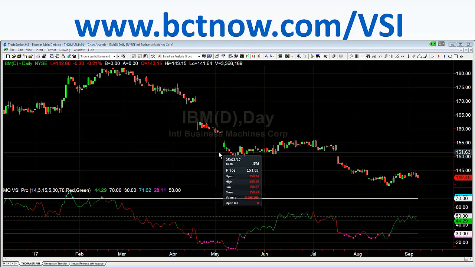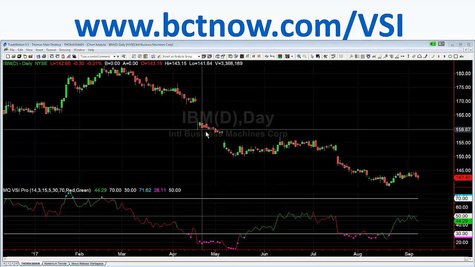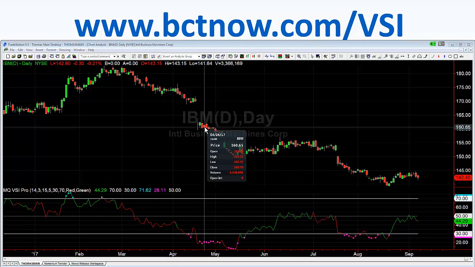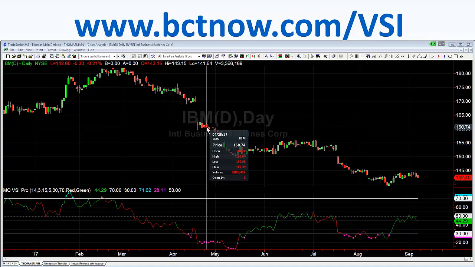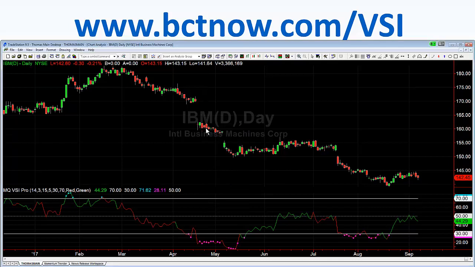Now, the other thing to keep in mind, this is a good example, because this is dropping through the floor and running away. When you're triggering, remember, it should trigger and run. And if it triggers and then forms a bearish engulfing, like it did here, get out right away. And remember, I'm not telling you this is going to work 100% of the time, because it will not. Nothing does. But as long as you are disciplined with your trading, your gains should far outweigh your losses in terms of reward risk, which is what makes a good trading strategy.